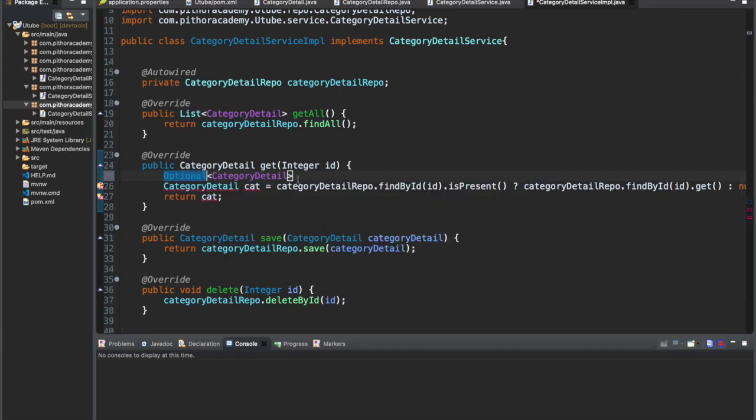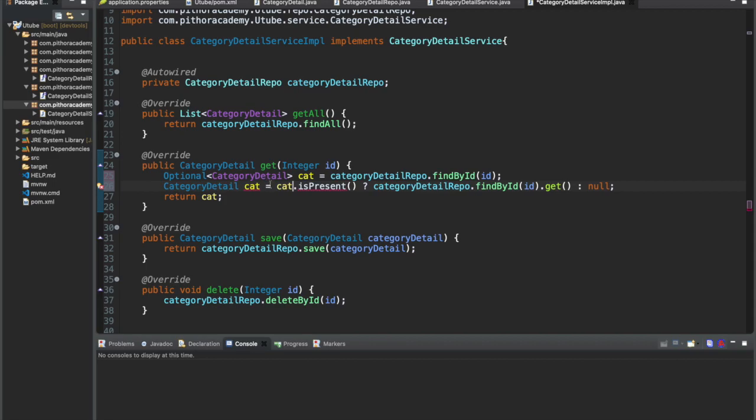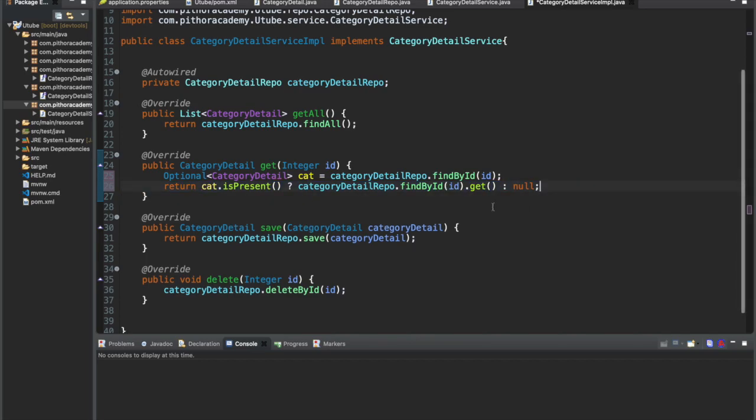So cat equals findById. It will return an optional of category detail type, and if it is present, then it will get the object, otherwise it will return null.